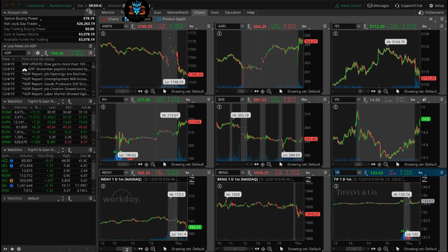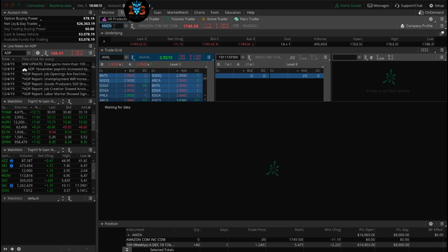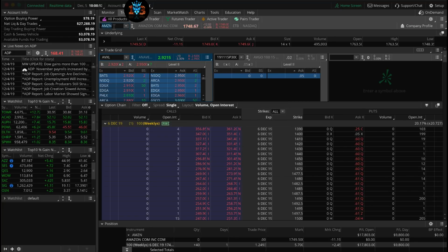Hey guys, December 5th, 9:59 a.m. Doing a quick follow-up on the Amazon trade. You remember we took this trade yesterday when the stock was trading at about $1,780. Despite the market moving higher, this stock is dropping, which is a huge divergence. We nailed that move formation in Amazon, that move 11 it created yesterday. So this is what a move 11 type swing trade can produce for you guys